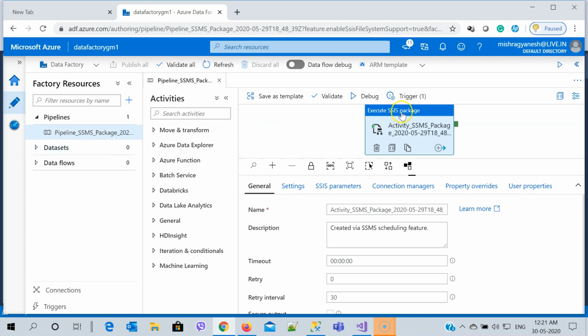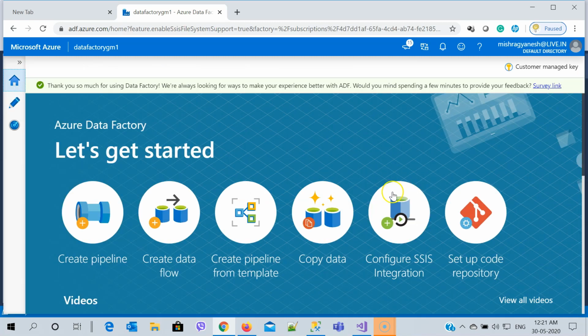So this is how you will be able to execute the SSIS packages, and you can integrate the SSIS by using your SSIS integrated runtime. You can configure the SSIS integration, and from there you will be able to access your integration runtime.